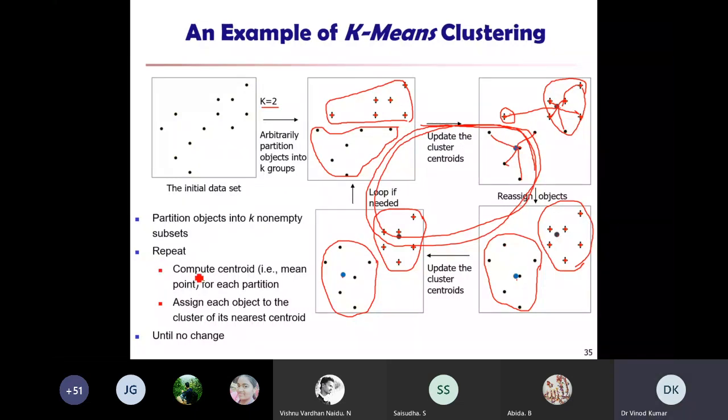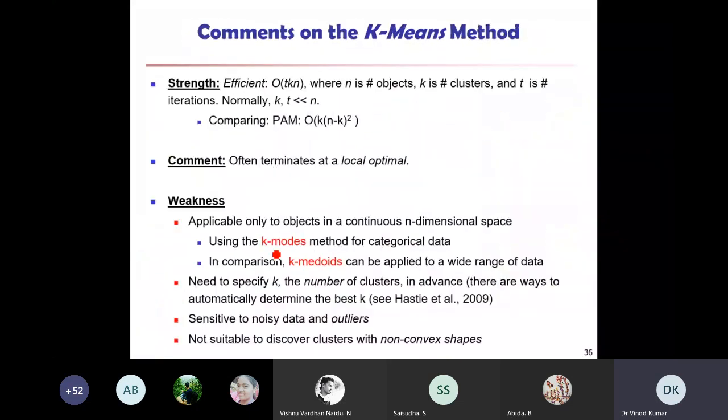You have to compute the centroid, and the centroid is nothing but the mean. How you calculate the mean, you already know. If I have 1, 2, 3, then very easily I can find the mean. I add the numbers and divide by 3, so 6 by 2 is 3. What will be my mean? My mean will be 3. Like this we calculate the centroids, and we continue until there are no changes. So this is one example I explained graphically.